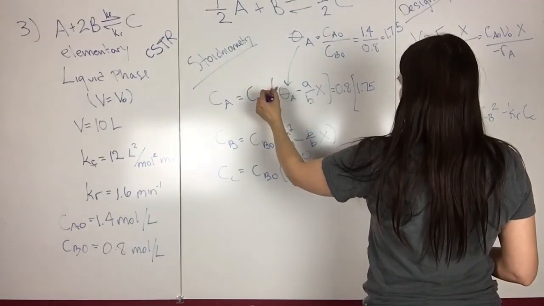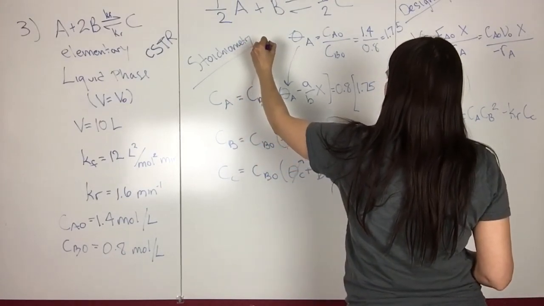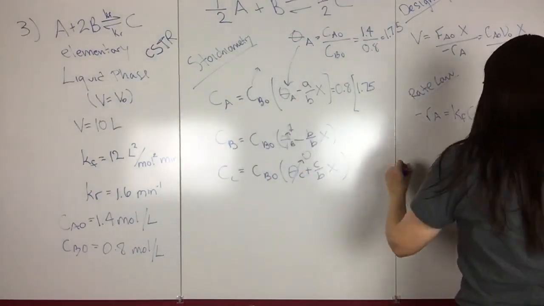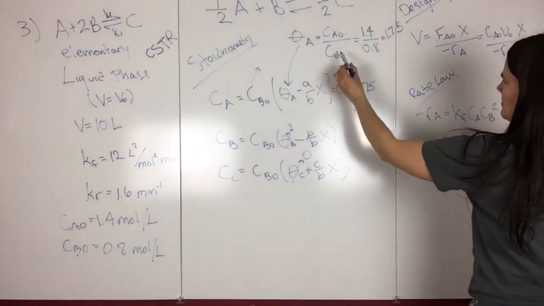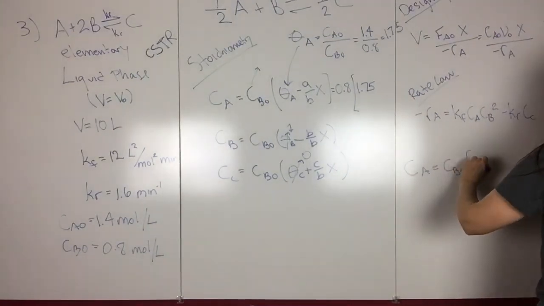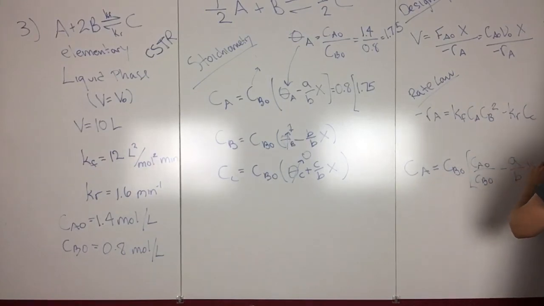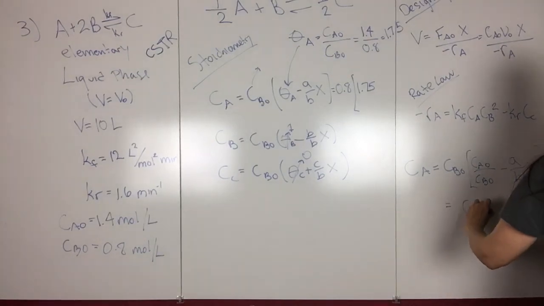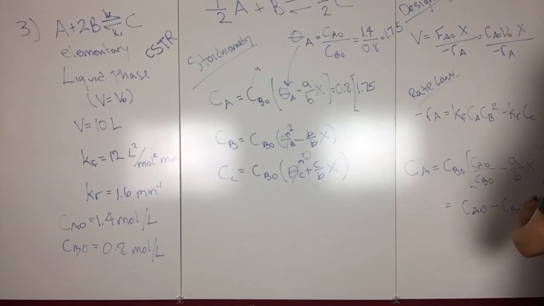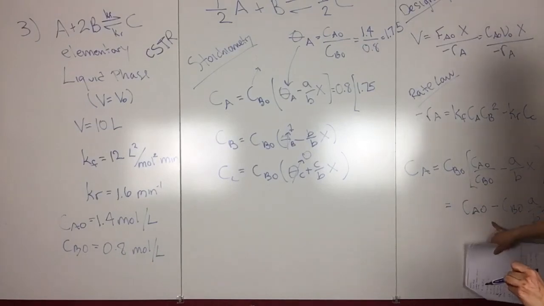So if you said CA is equal to CB naught, and then put this equation straight in instead of the number we calculated, CA naught over CB naught minus A over B x, then when you multiply this through, this is equal to CA naught minus CB naught A over B x. I'm pointing this out because I think this is how the solution was written,